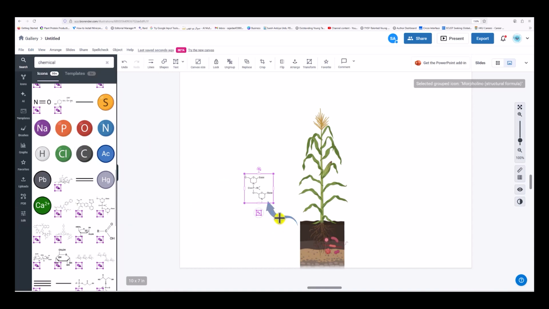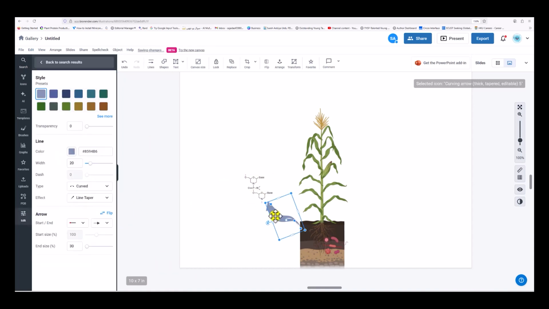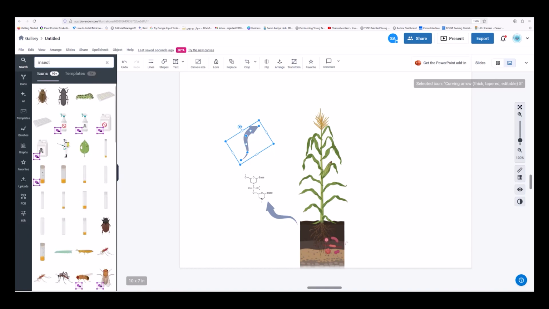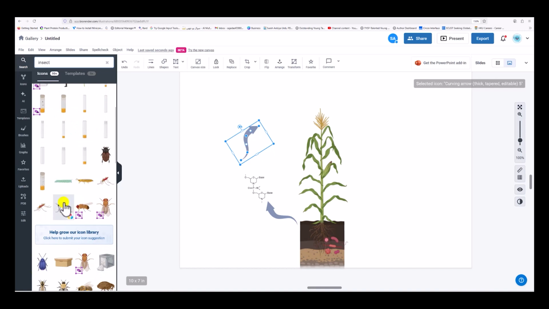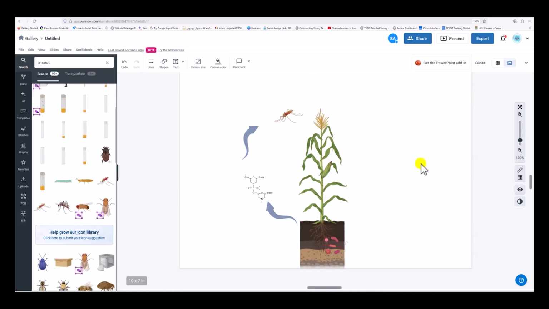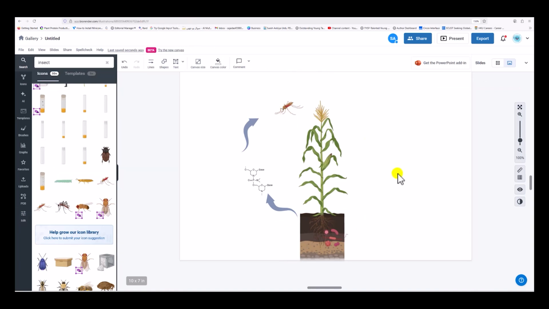For example, now again I want to use this arrow, you can just copy and paste it, and you can make it like this. Okay, for example, you want to show some insect here, that the study is related to insect. So you can also click here, and you can keep the insect here. Okay, you can rotate it very easily. So by this way you can create a graphical abstract. Okay, now when you think my graphical abstract is complete now.